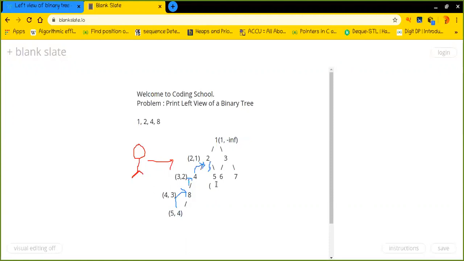So here the current level is one more than the previous state's current node. Okay, current level. So this is 3, and the previous level found right here is 4. Cool. So see, this particular condition did not meet our requirement, and that is why we will not print 5. Simply we will go up. This particular thing is over. We will simply return to 1 to call to populate this particular part.